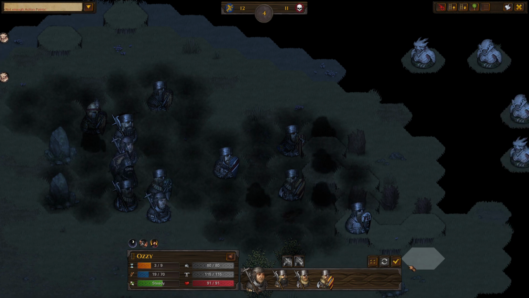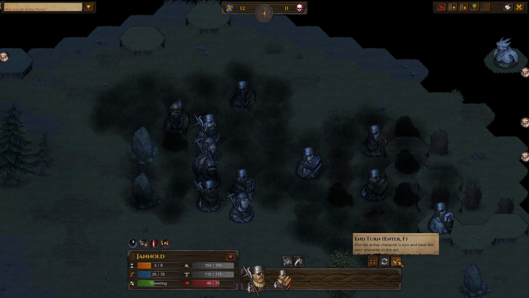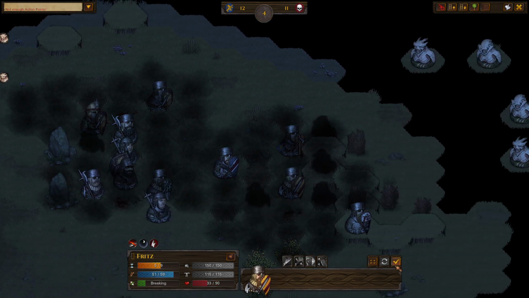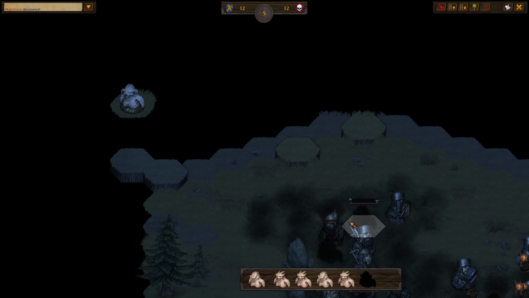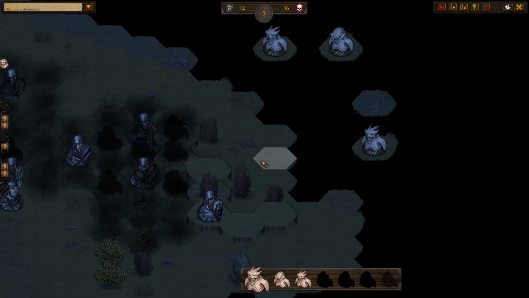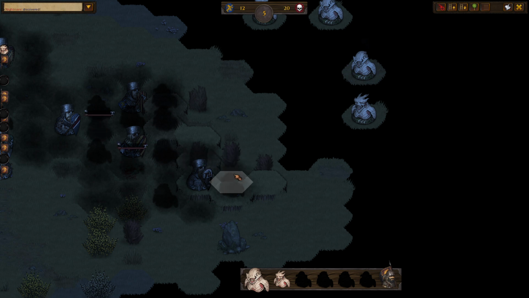And Fritz is just going to straight up die here. Oh, man. Yeah, honestly, I don't even know what would make this fight easier. You could drop dogs, which was a good way to tie them down in the last one. But as you can see, as we go to move forward,